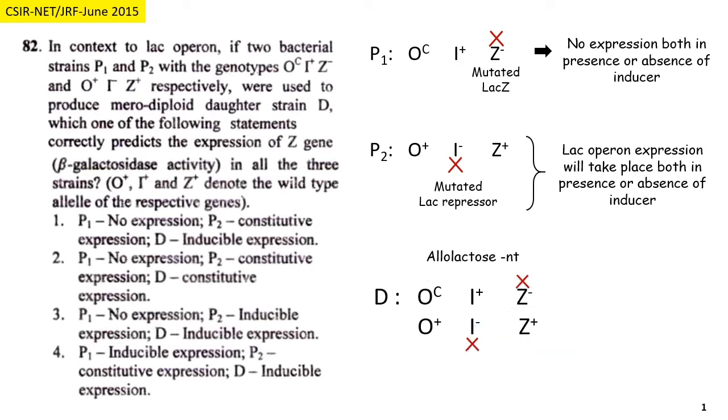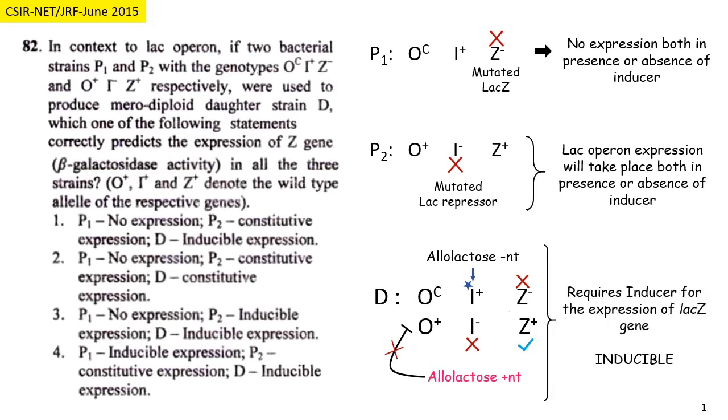Now in the absence of allolactose, that is when inducer is absent, the repressor protein from this wild type repressor gene will bind to this operator, and as this operator and repressor are bound together, the operon will be under negative regulation, and then this beta galactosidase gene will not express. Now when media has inducer molecule and allolactose is present, this allolactose will inactivate the repressor molecule, and then the repressor won't be able to bind to the operator. In that condition, lac-operon will undergo positive regulation and beta galactosidase gene will express.